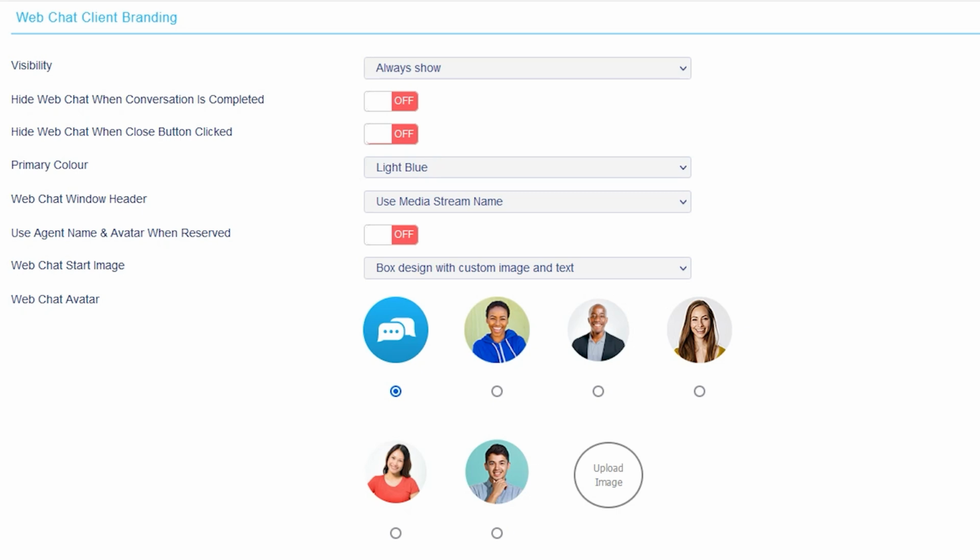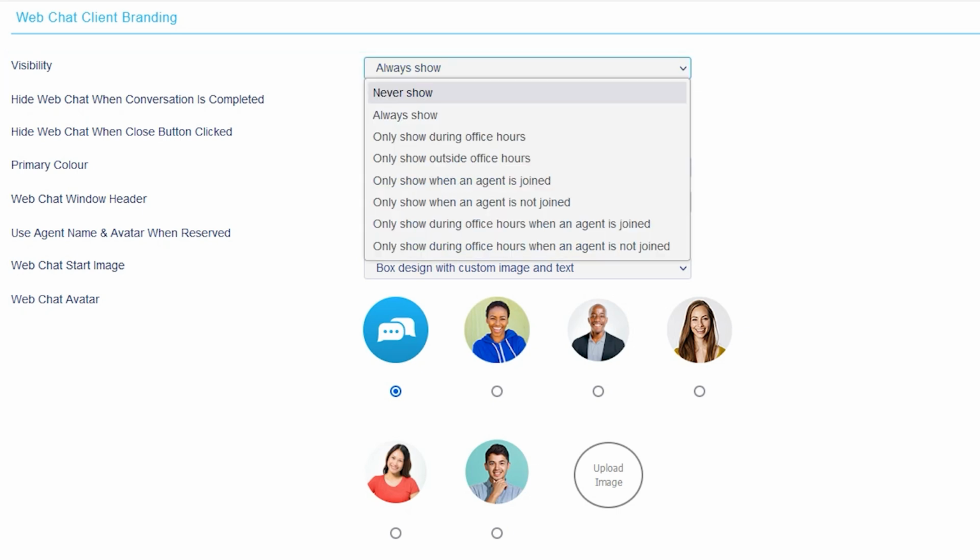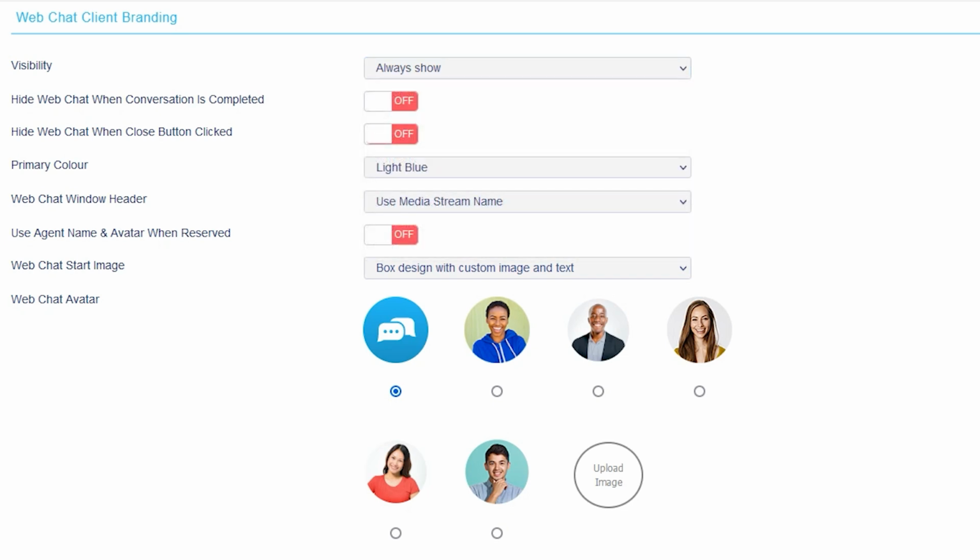Firstly, in this section, you can set the visibility of your web chat widget from a detailed list of parameters. These options include only display during business hours, or only display when an agent is available, so you never have visitors starting a chat when there are no agents to answer them. You can also choose to toggle whether or not you wish to hide the web chat after the conversation is complete. This choice also applies to whether or not you want to hide the web chat widget when the close